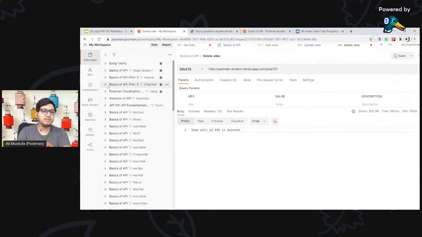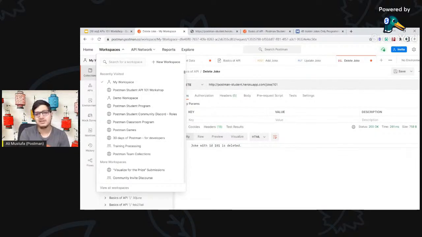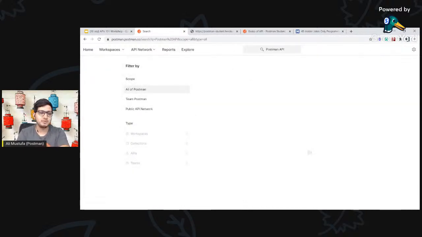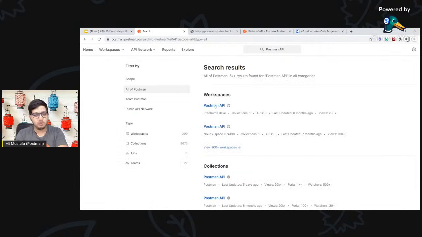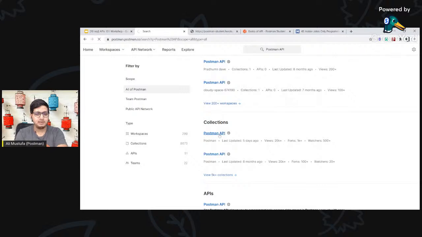Awesome. Now, did you know that Postman itself is an API? Okay. So you can actually use Postman as an API. So you can create a new request using APIs and so on and so forth. So for that, I'll show you the workspace, which you can refer to for creating and working with your own Postman API. If you go and search Postman API, you will see this workspace. There are multiple workspaces and collections which are available. So if you click Postman API,